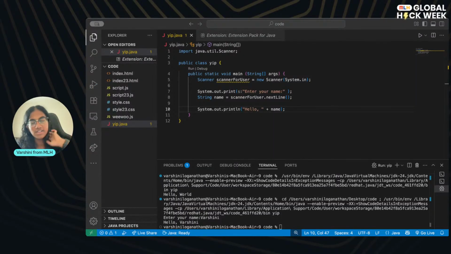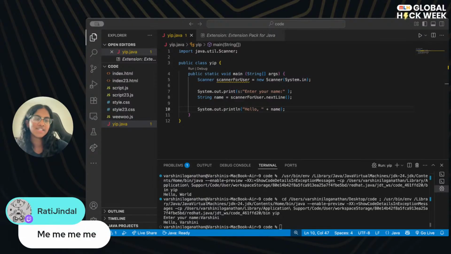So if any of y'all want to give me your names, I can put them in the terminal, and then you can see the terminal popping that up on the screen. Feel free to do so. I know that you are all following along and doing this on your computer, but if you want to see it pop up on the live stream, send me your name, and I'll put it in there. But if you don't want to, all good.